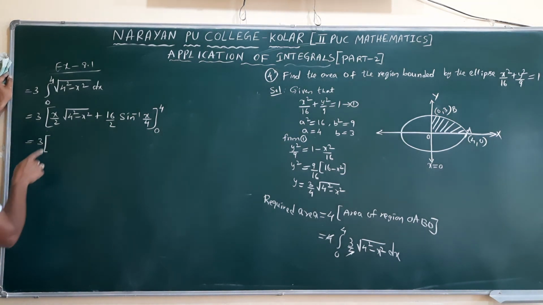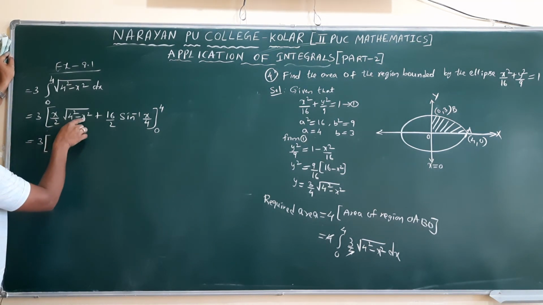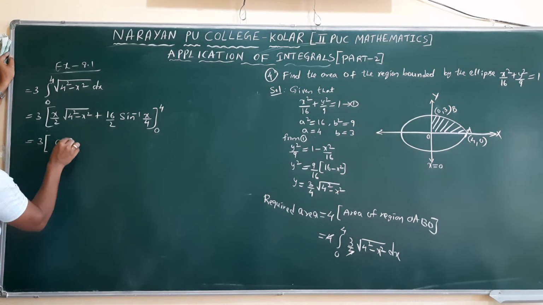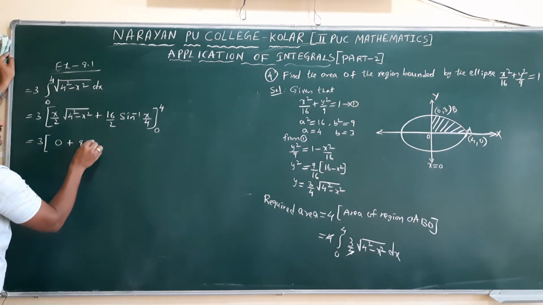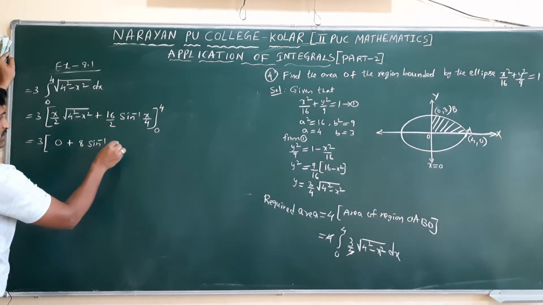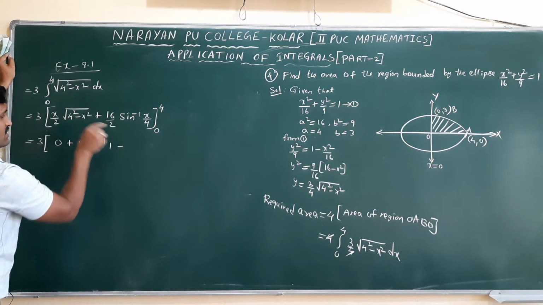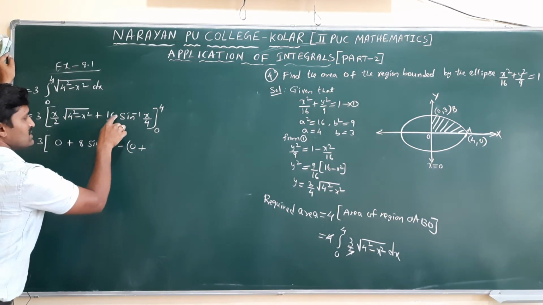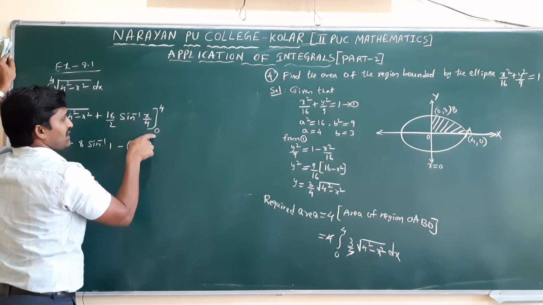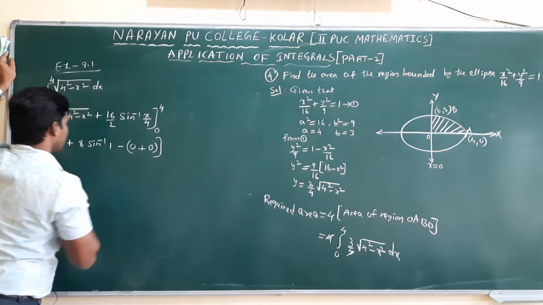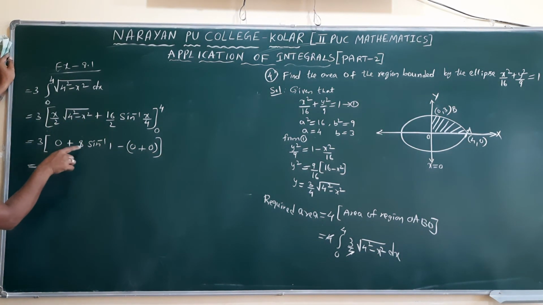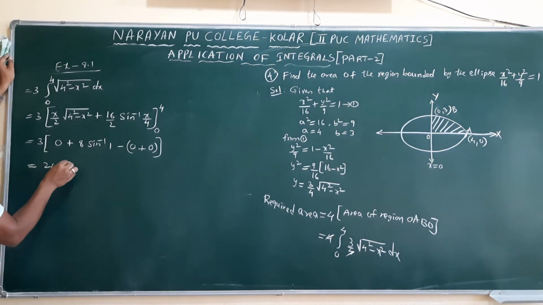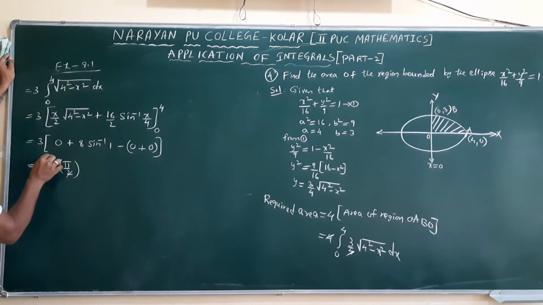3 into the upper limit, substitute 4 by 2, okay. Here 4 square, x value 4, that's why the value becomes 0. 16 by 2 is 8, sine inverse of 4 by 4 is 1. Minus the lower limit, 0 into anything is 0. Plus 16 by 2, okay, 8, sine inverse of 0 is again 0. What remaining value is left here? 8 sine inverse 1. Here 3 8s are 24. Sine inverse 1 means at which angle? Pi by 2. Here 2 1s are 2, 2 12s are 12. That is 12 pi, the answer.